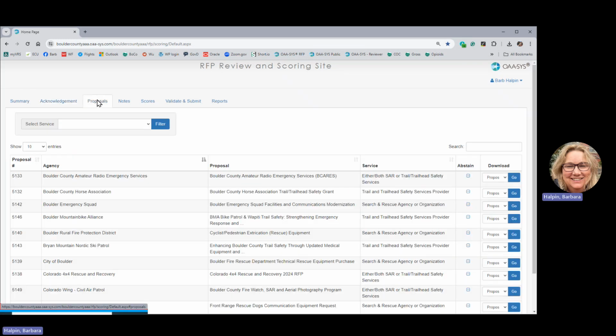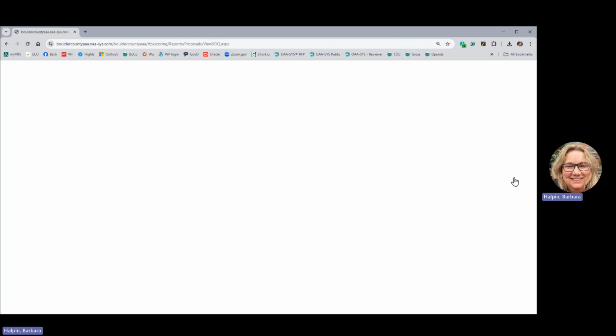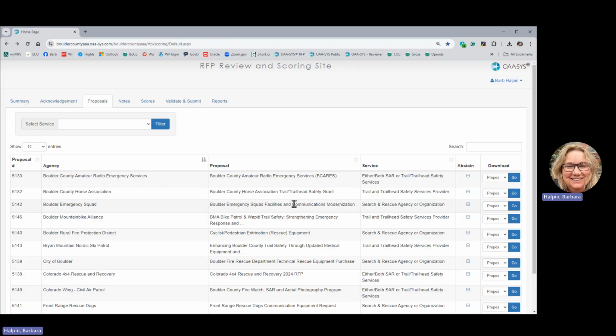Then the proposals tab is what we had hoped for you to be able to use. But as we discovered in our in-person meeting, if you go to proposal and hit go, it just shows up a blank screen. So that is the piece that is being worked on. You will use this page to look at the attachments. For some reason, if I choose attachments for the BCARES proposal and I hit go,